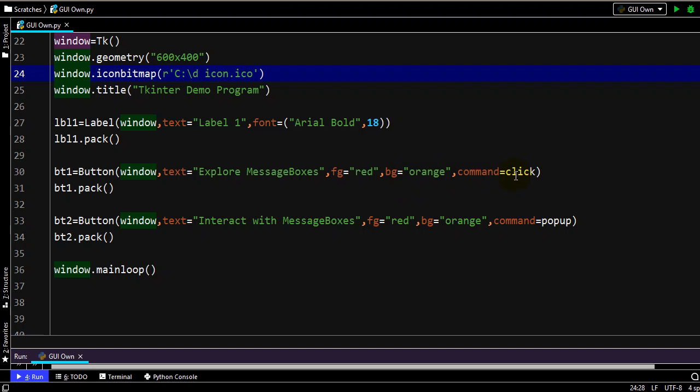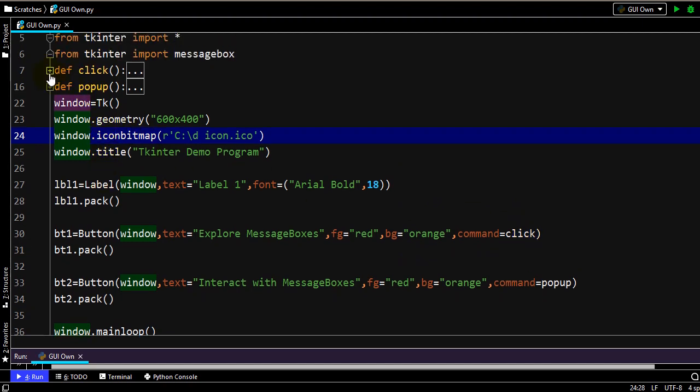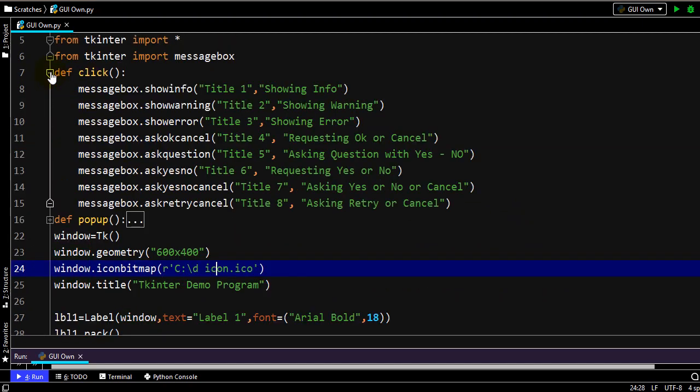I have already defined a method here with the name click. So what should happen when I click on that button? These message boxes will be shown one after the other, and a message box can show information, or maybe a warning, or maybe an error.